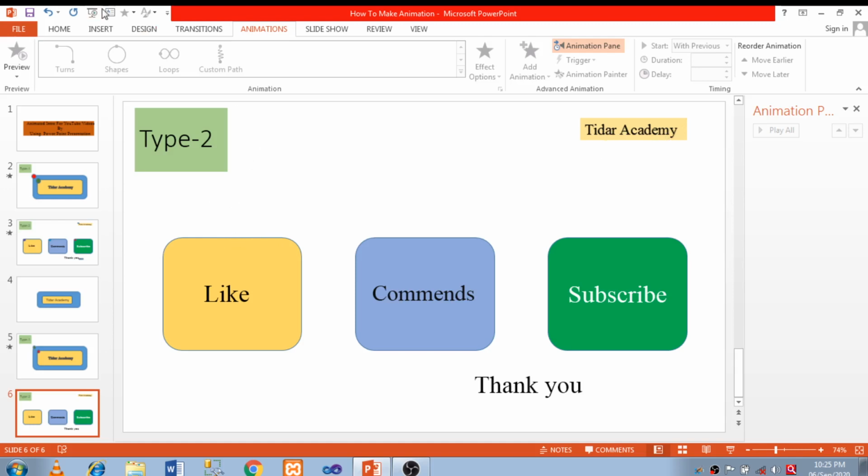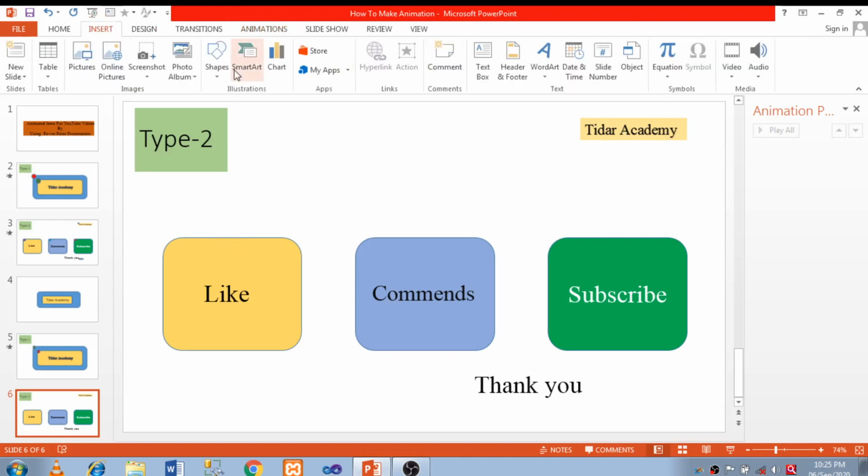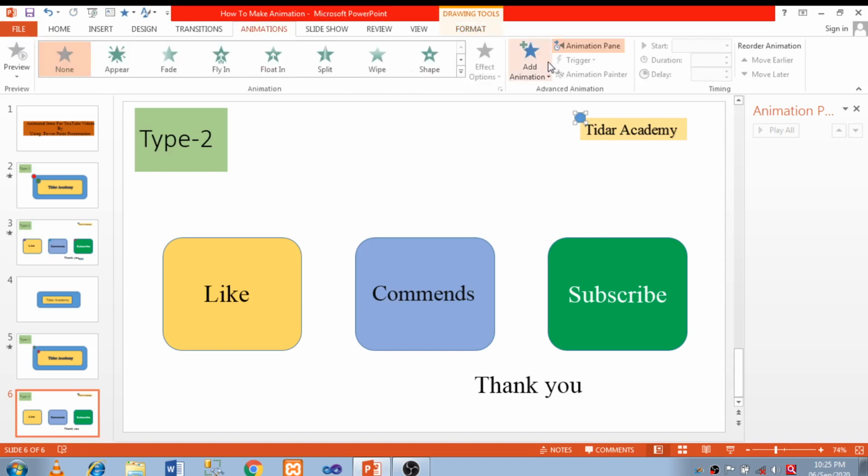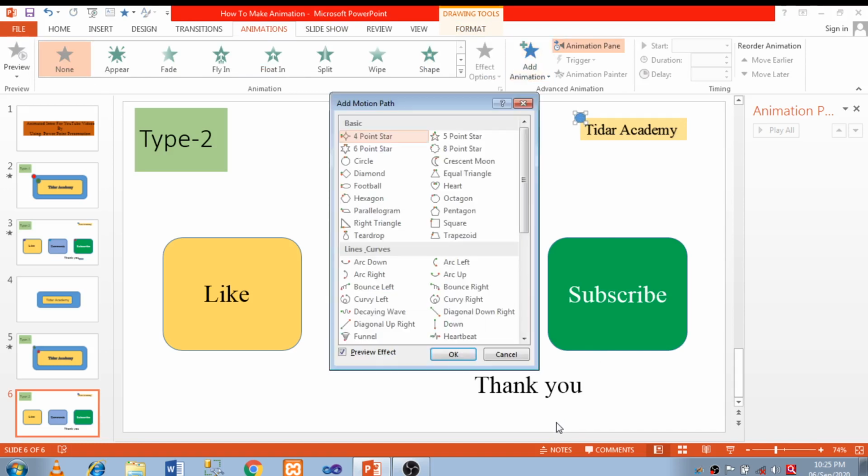So here I go to Insert, select Shapes. Here I have selected circle, a small circle, and that circle I have put on my channel name. Similarly I go to Animation, select Add Animation. I'm going to More Animation Paths.